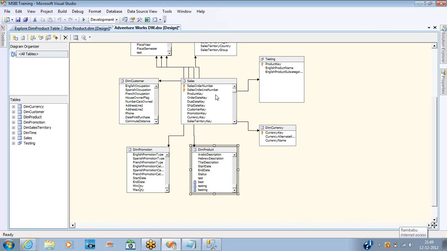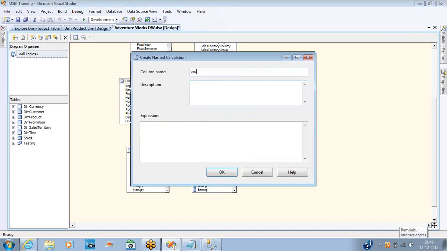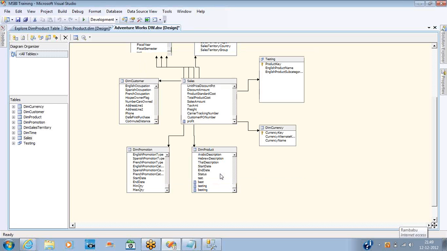Best example for this one, if you want to calculate, let's say the sales, okay, you will have so many columns, sales, profit is sales amount minus cost price, something is there, right, some formula. Let's say tax amount. I think tax amount column is not there. I think it is tax AMT. Let me try. Yeah, true. So let's see